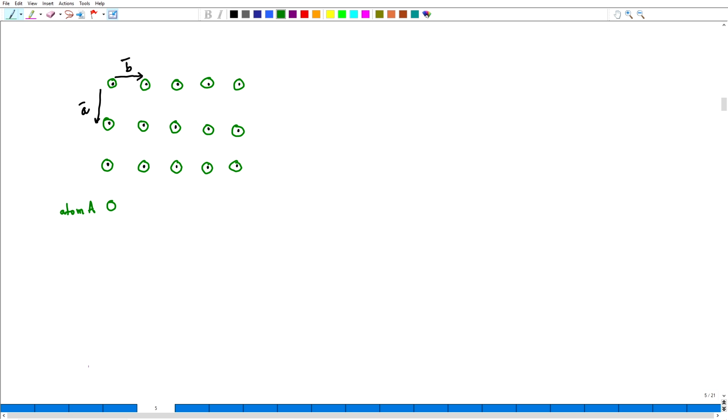Now, how can I describe this crystal structure? The way we can describe it, we describe the lattice first. So, the lattice is described by essentially the vectors A and B, and the motif has to give the position of the atom with respect to each lattice point. So, in this case, I will put the position of atom A at 0, 0. What this means is that we draw a vector from every lattice point to the position given in the motif, which is 0, 0, which essentially means that the atom would be placed on the lattice point itself. Now, imagine that I have another atom, let me call that atom B,